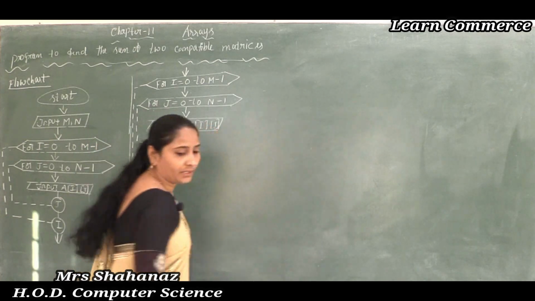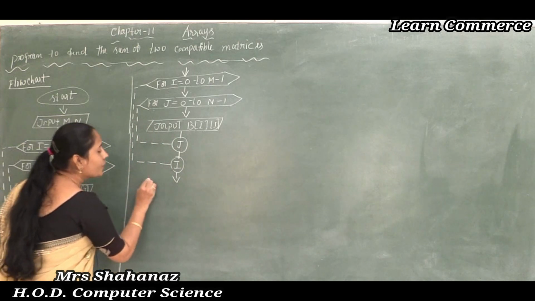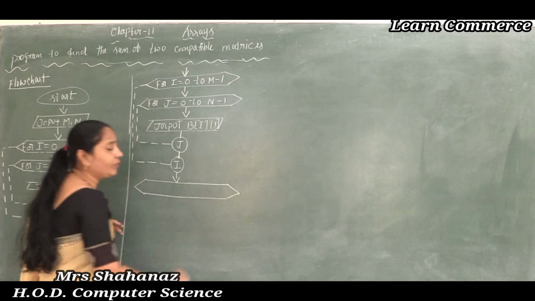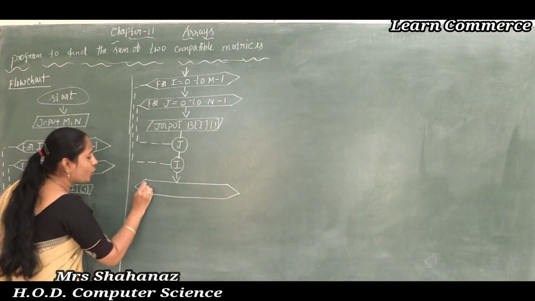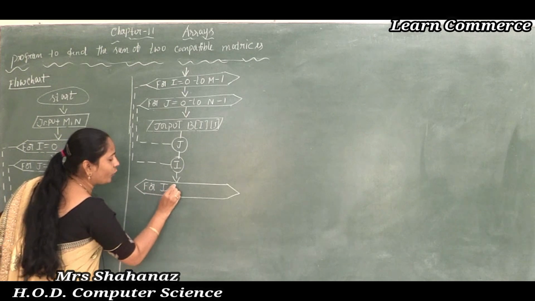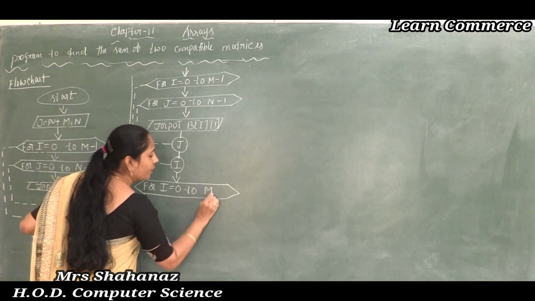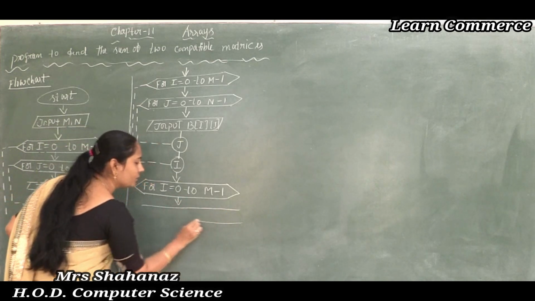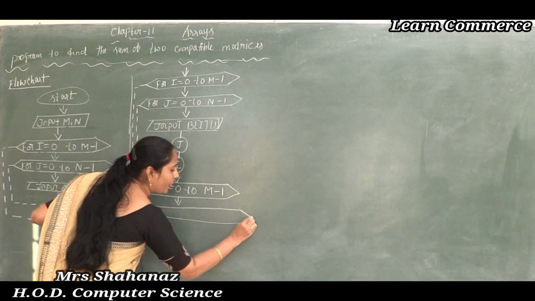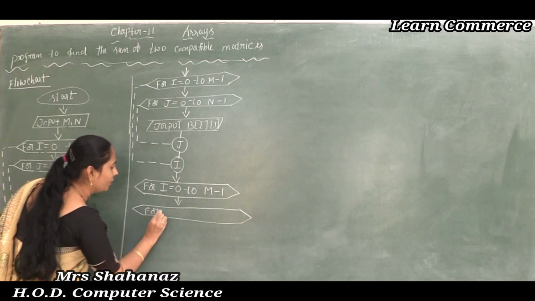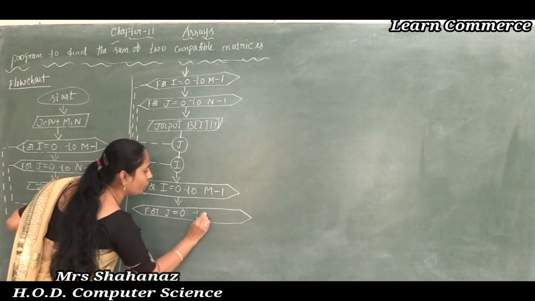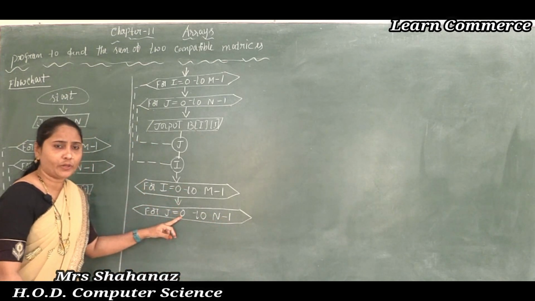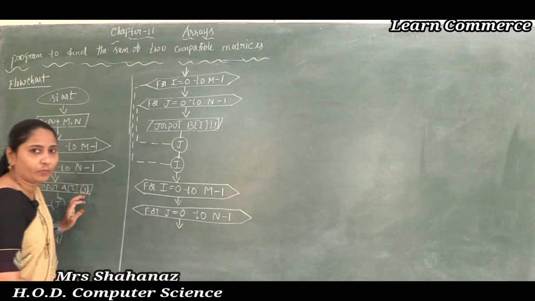So how are we going to write the flow chart? In this case, first of all, before going to the C of ij, we need to access the values. So for the row and column size values we need to access them. For i is equal to 0 to m minus 1, again for j is equal to 0 to n minus 1 here. By using looping conditions I am going to do this, and later on, whatever the value is there,